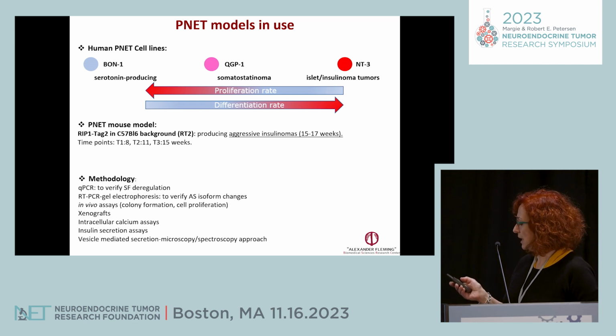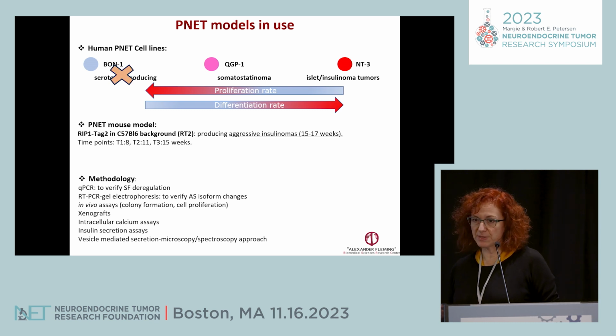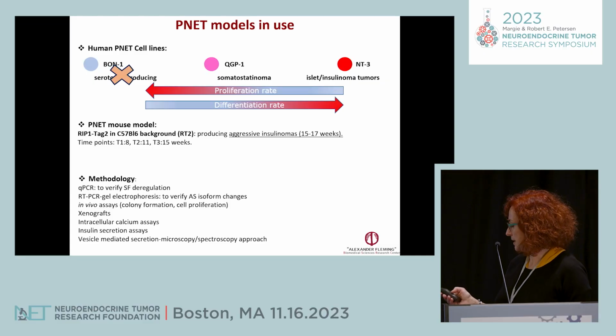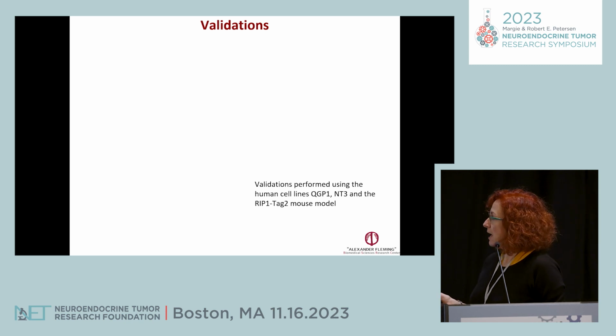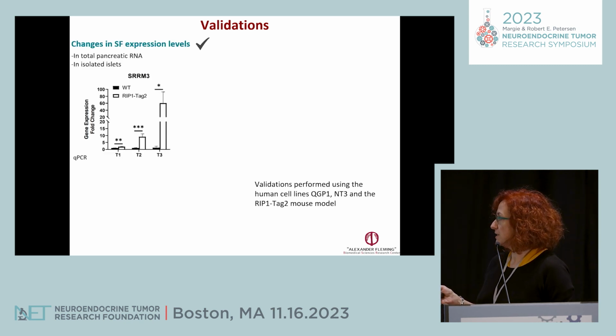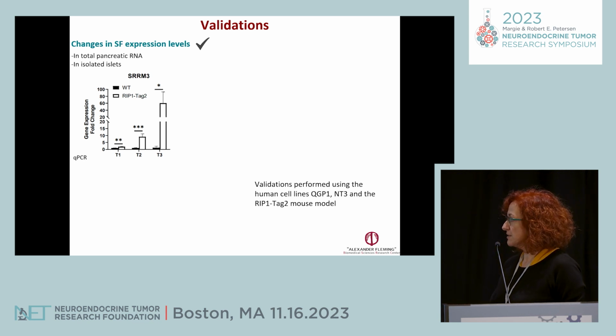I have to say that from the very beginning, we stopped using BON1 cells because the alternative splicing pattern in these cells is completely different to the ones that we saw from PanNETs, from bioinformatic analysis. And using these cells, we first of all performed validations. I'm just going to show you our results for SRRM3 as an example. We validated by qPCR that the SRRM3 mRNA levels are increased during the disease course in this mouse model compared